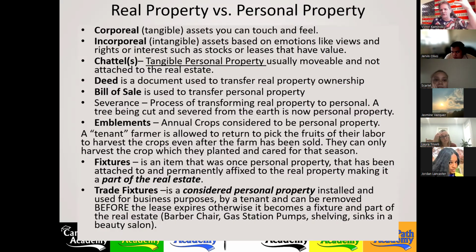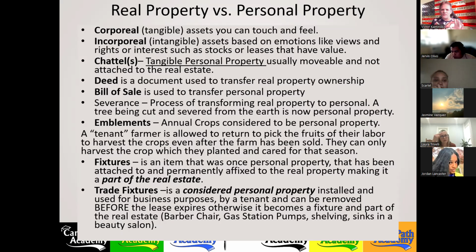You can't take a chandelier and just leave live wires hanging from the ceiling. You have to replace it with something. As long as they take their refrigerators too. Well, a refrigerator is considered personal property, unless